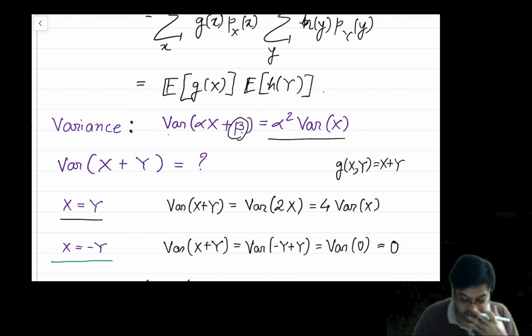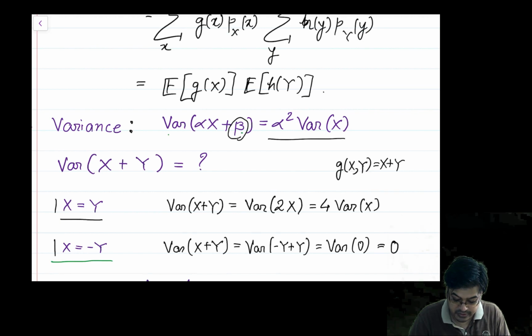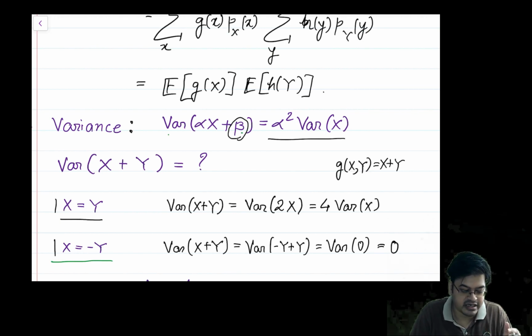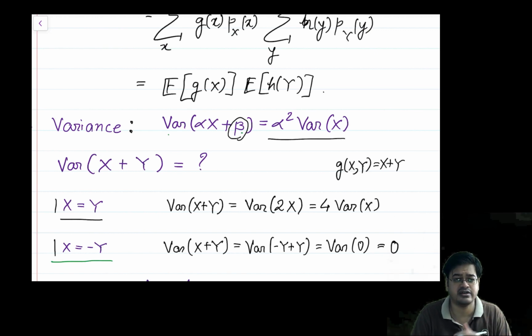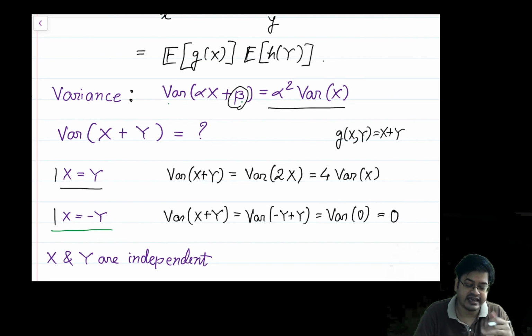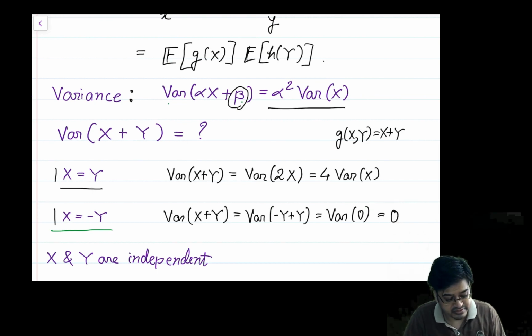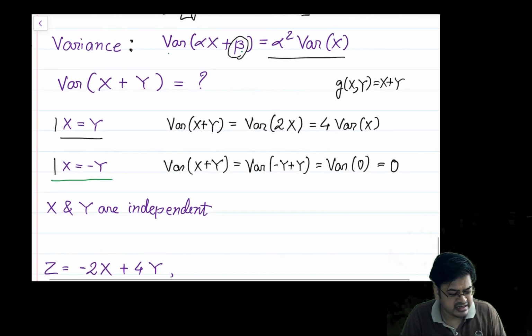Okay, so from this I can conclude that if I want to compute variance of x plus y, I cannot compute it generally, because in these extreme dependent cases it varies from 0 to 4 times variance of x. So I need some condition. What condition do I know from our discussion? I know that these random variables can be independent. So what if the random variables x and y are independent? Can I talk about the variance? Then it is very easy.